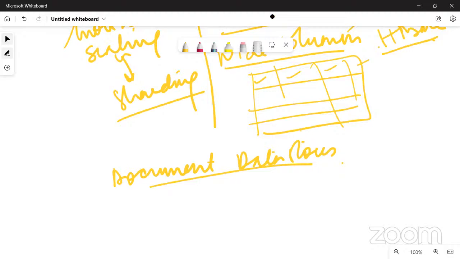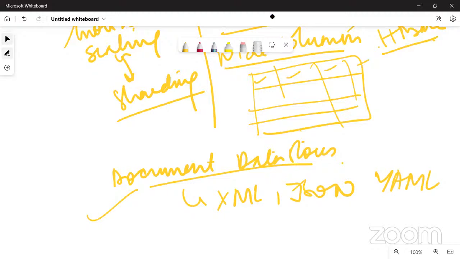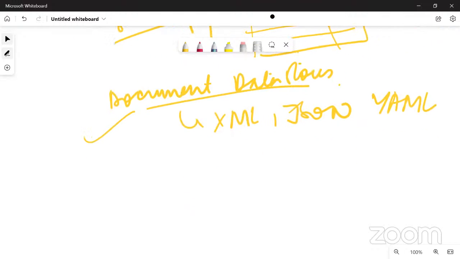They have a tree structure, something similar to XML, JSON format, or YAML. Now in a key value store, the value is opaque, but the document store exploits the tree structure of the value to offer richer operations. So here you can have embedded documents as well. The embedded data model is what will be followed in document stores. A very widely used example is MongoDB.